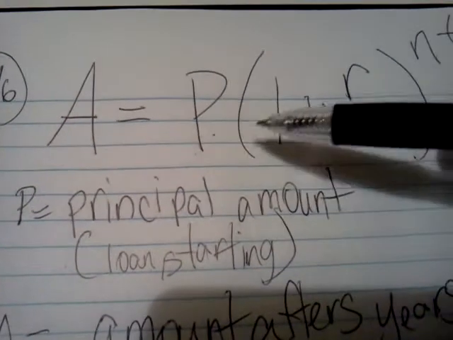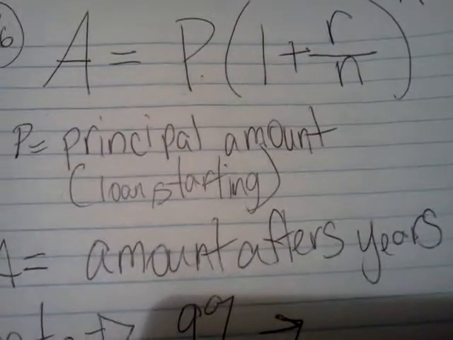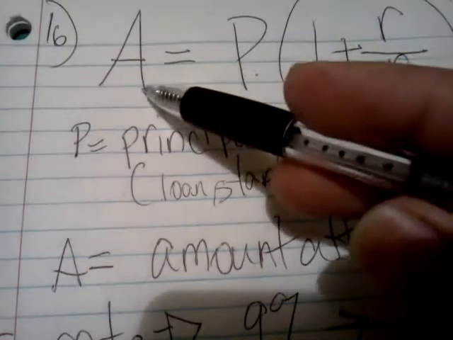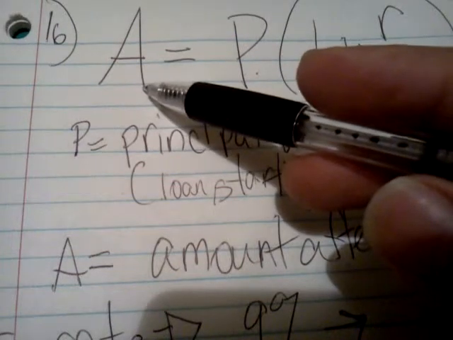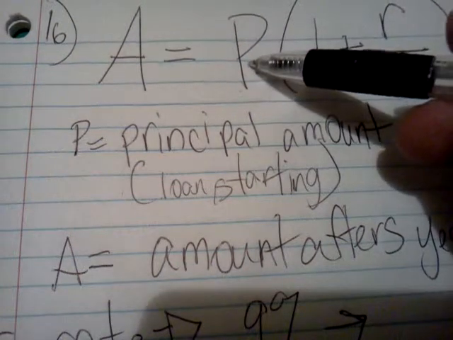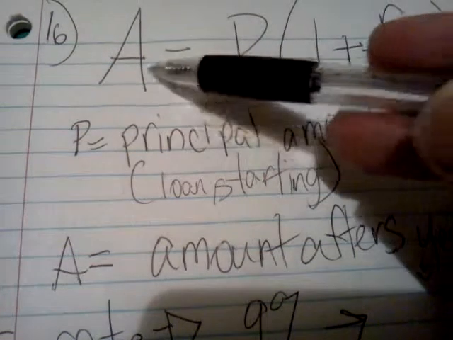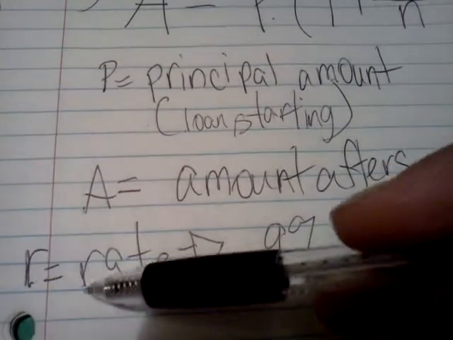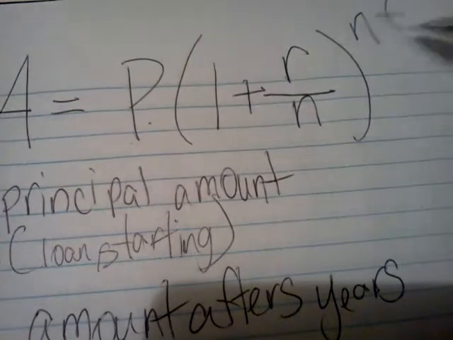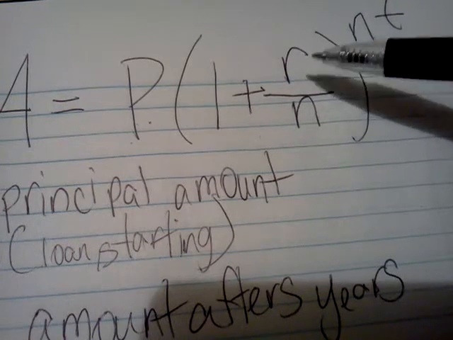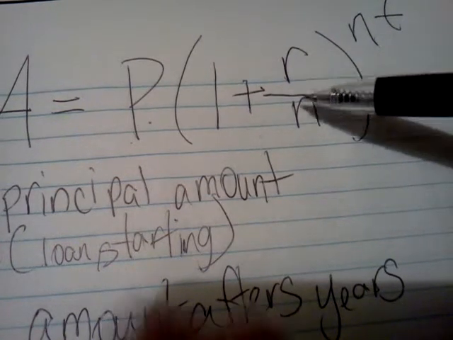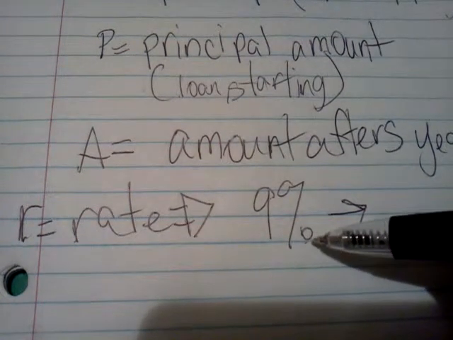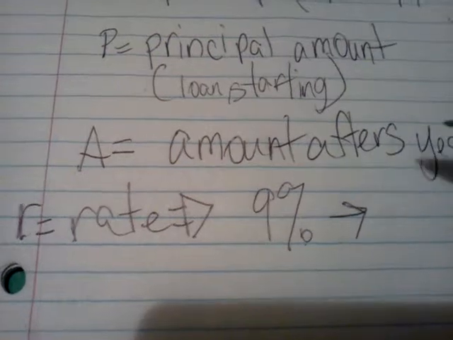So P is just whatever you're starting with, and A is the amount after the years. After everything, A, the left-hand side, is whatever your result is going to be. So now R is just your rate. We use R just once here. So here it's our rate, and just an example, if they gave us 9% of increase over time or something like that,